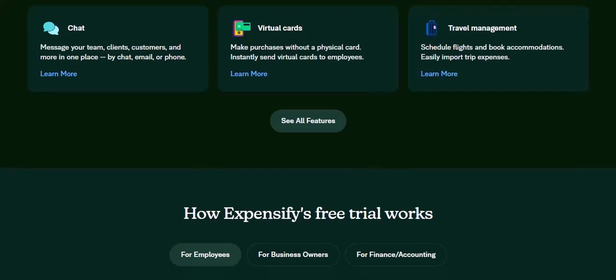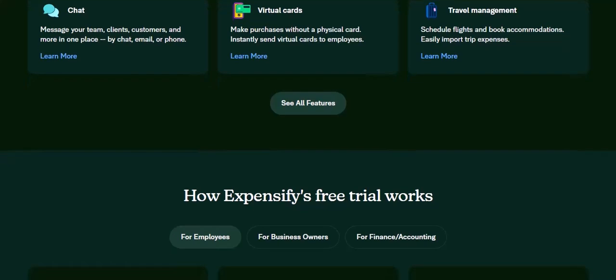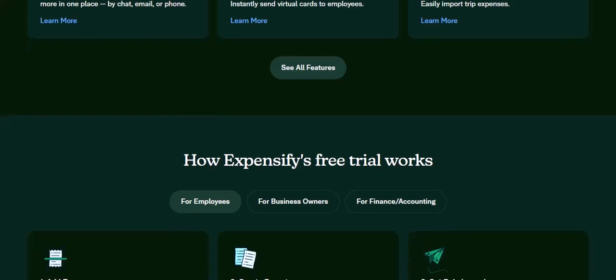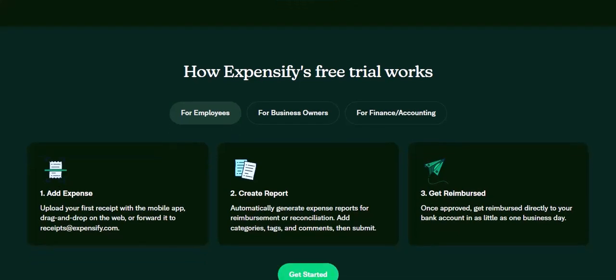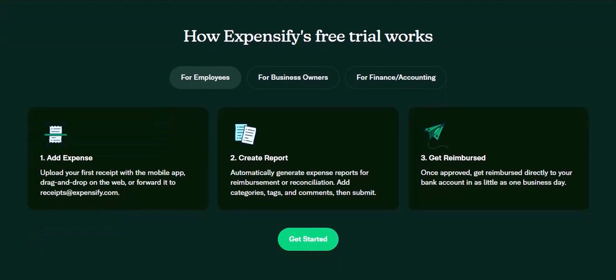Explore Expensify's advanced features. Dive deeper into features like policy enforcement, integrations, and custom workflows to tailor the tool to your specific needs. By following these steps and leveraging Expensify's powerful features, you can streamline your expense reporting process and save valuable time. With a little practice, you'll be a pro at submitting receipts and